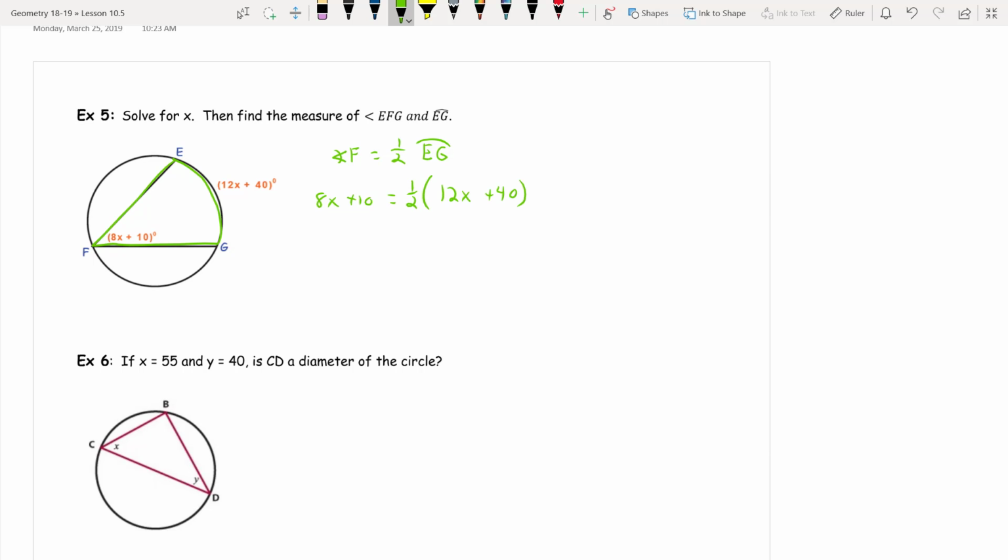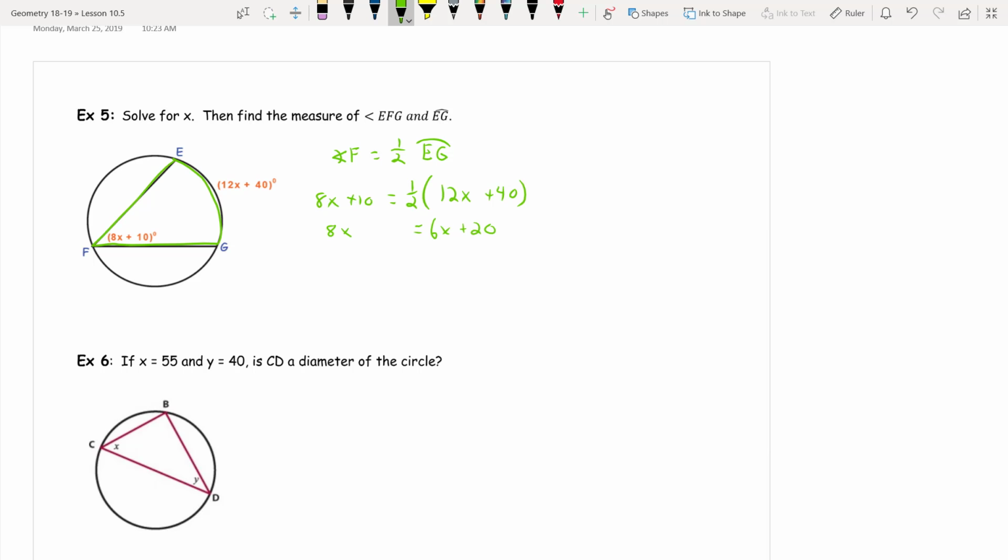At this point, you really have two options. If they give you all even numbers in here, just cut them in half. We want small numbers if we can get away with it. If they're odd numbers, we can multiply both sides by 2 to get rid of that fraction if you don't want to deal with fractions. I tend to deal with fractions if they're even numbers, and I tend to multiply by 2 if they're odd numbers. So since these are even, half of 12 is 6x, half of 40 is 20,